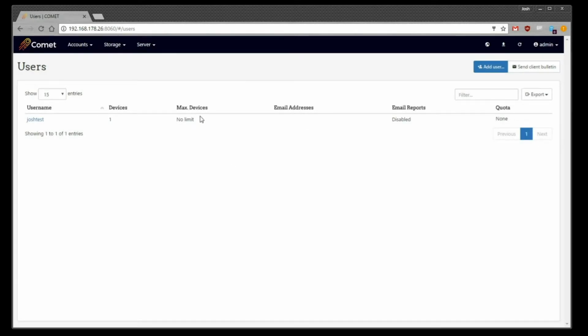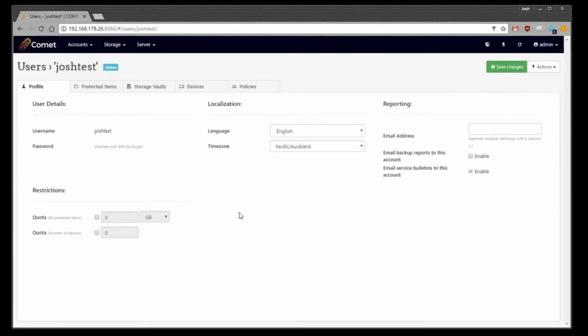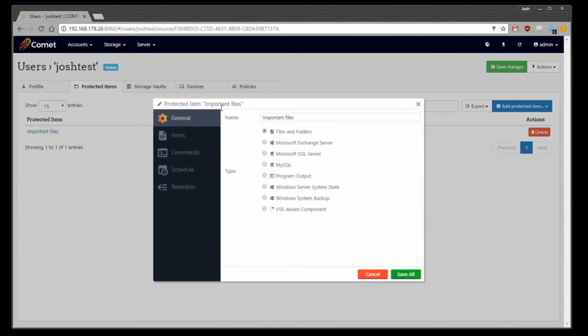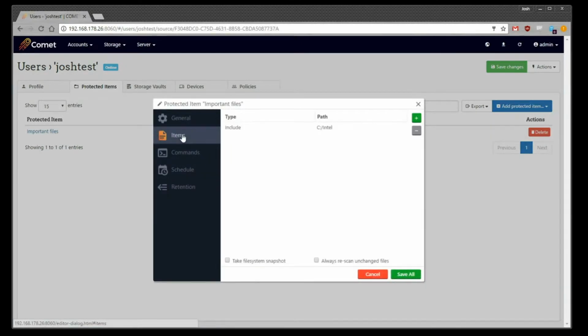We've got the details here around the devices and the email reports and the quota and things like that. So let's have a bit of a look in the options here. So we've got details around quota restrictions, localization, reporting, whether or not they're going to receive a backup report. We can view their protected items,